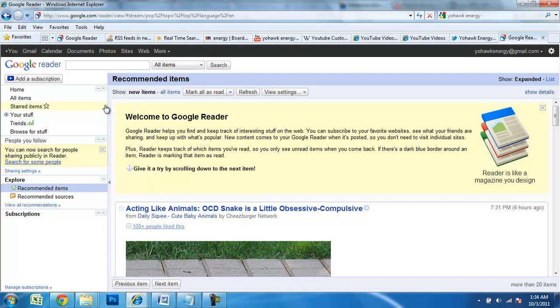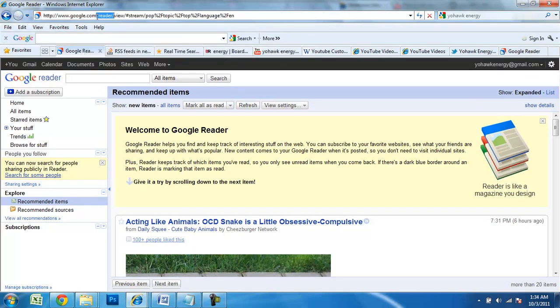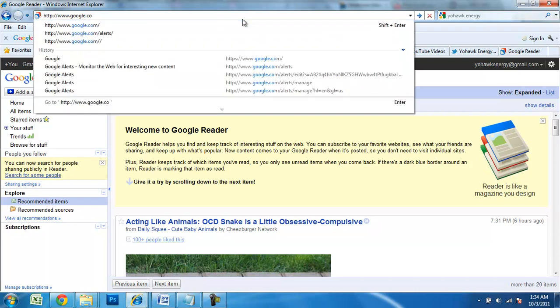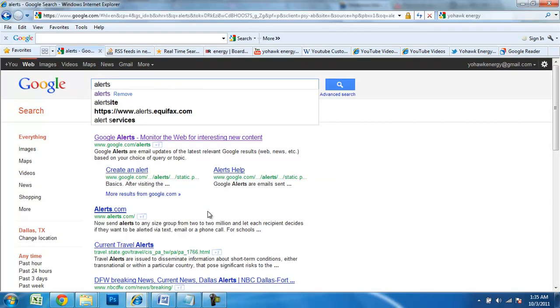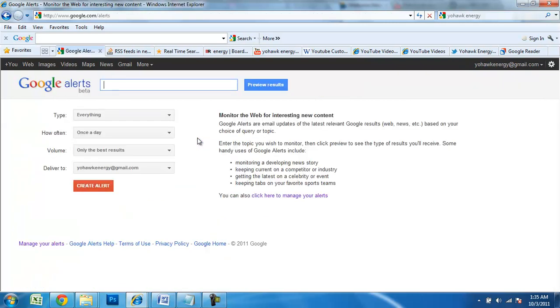The first thing that we're going to do is set up Google Alerts. Google Alerts are basically an RSS feed of anytime Google sees somebody using these particular words that you're searching for online. It's an update of the latest Google search results for Yohawk Energy or your name, whatever you're subscribing to. So we're going to do Yohawk Energy, and then